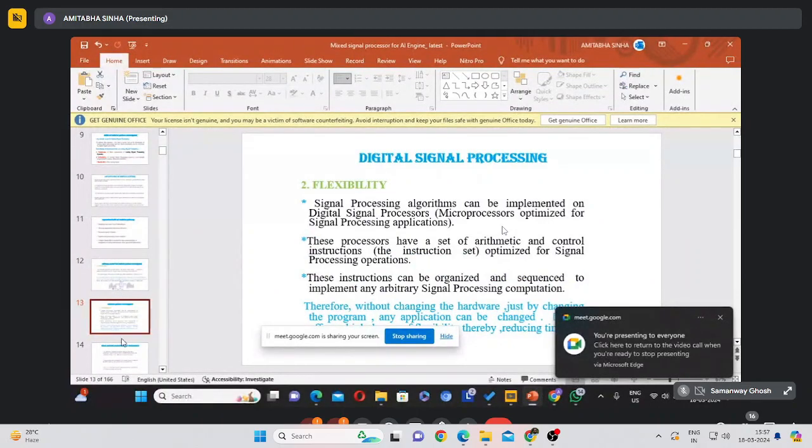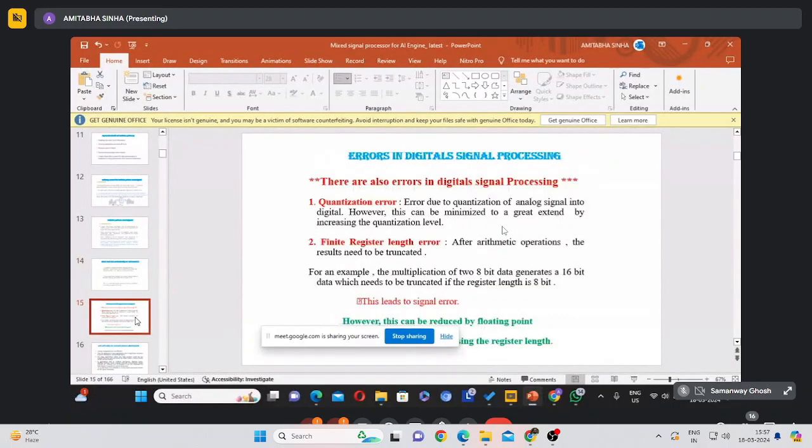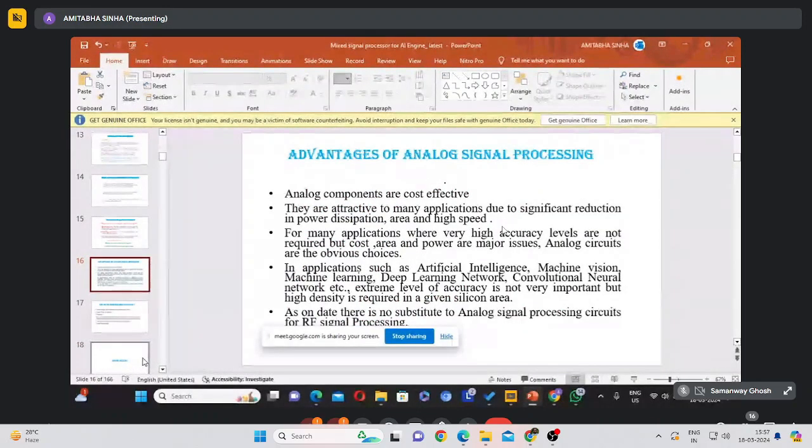Flexibility already we have discussed, and the advantages of flexibility also have discussed. Errors, quantization error, finite register length errors. These are the errors in digital signal processing. So today is, I think,